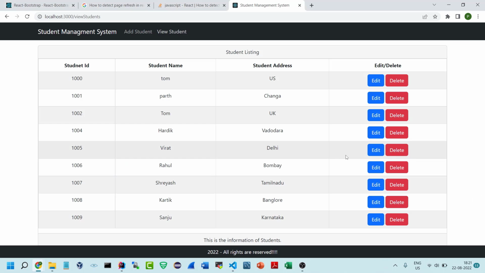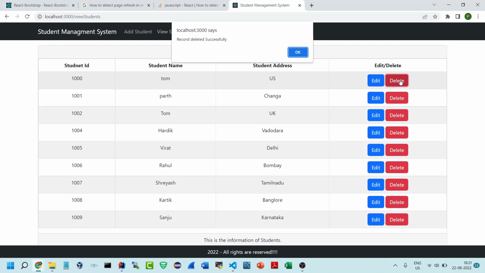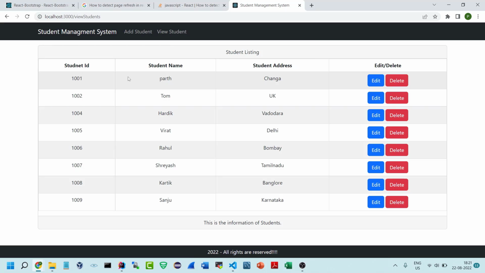Let me go back to the application. Now let me delete the record and see what is happening. I'm deleting a record, the alert is getting generated, and clicking on OK, you can see it is getting reflected over here. That's it for